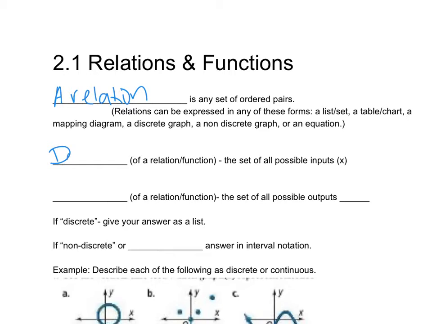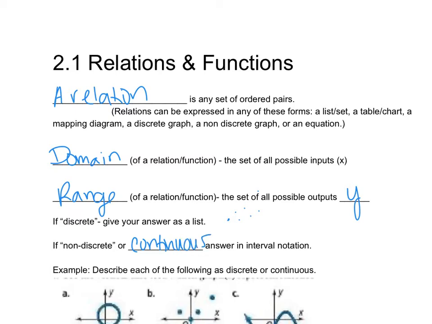So domain is the set of all possible inputs x, and the opposite of domain would be range. Okay, and the range is the set of all possible outputs y. So if a graph is discrete, you give your answers as a list, and a discrete graph will be a bunch of dots. And then a non-discrete graph, another word for that is continuous,